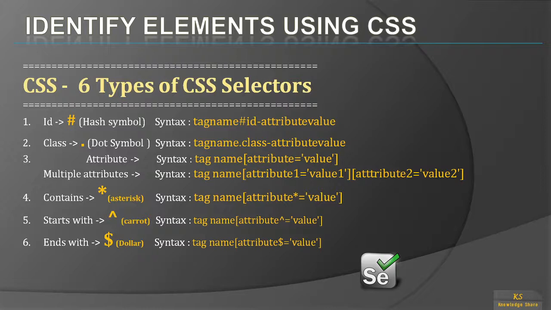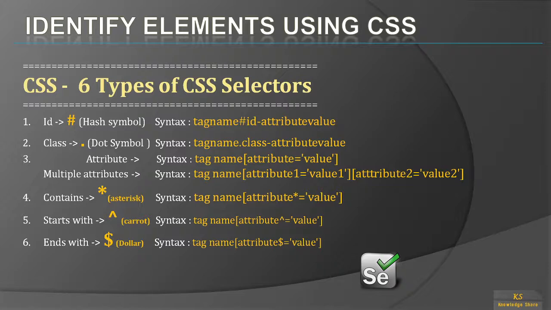In this session, we are going to see how to identify elements using CSS. In the previous session, we have already discussed how to identify elements using ID, class, and tag name. So in this session, we will see what types are available while identifying elements using CSS. This CSS selector is very important in your automation, and it also reduces some time in your automation while you use this CSS. So please listen very carefully to how this identification is done using CSS selectors.